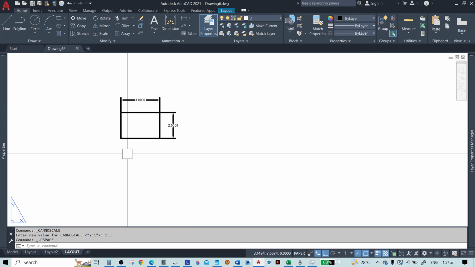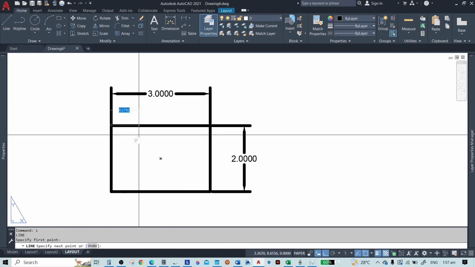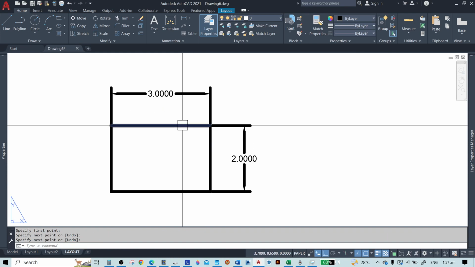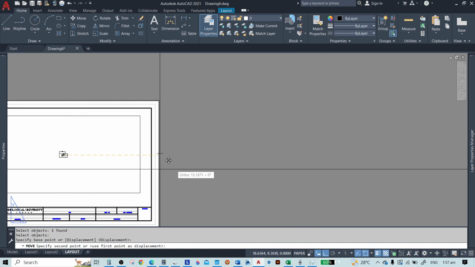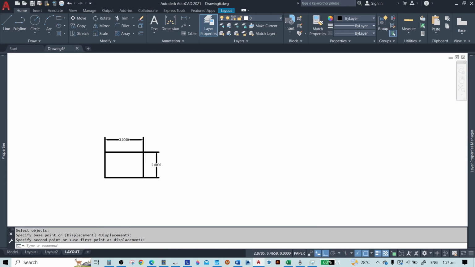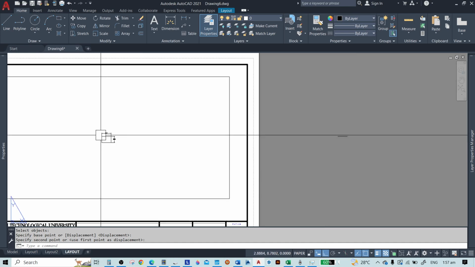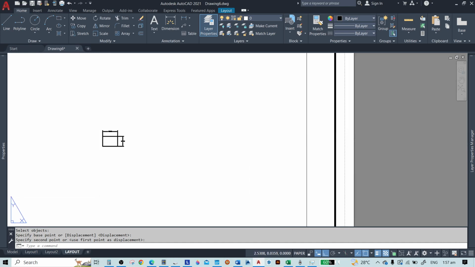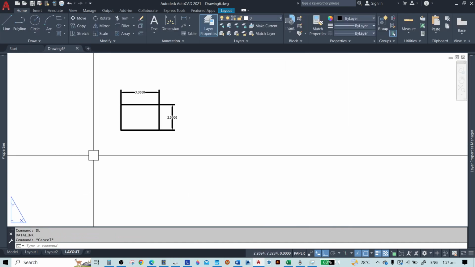Now how are we going to check if the scale that we did is correct? Just make a line out of this drawing and then put it outside, because if we do it here, I will do the dimensioning here.